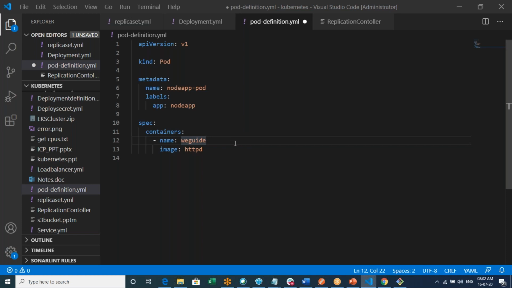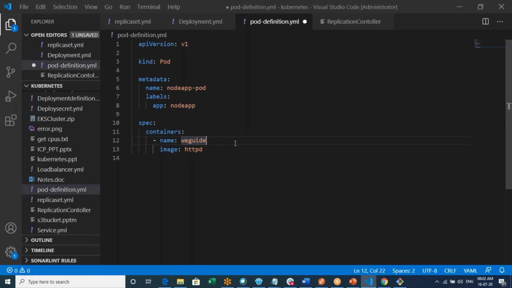That is the reason we could use something called a replication controller. Using a replication controller, the idea is that you can specify how many pods you need, like 3, 4, 5, 6, 7, 10, whatever, based on your user base.